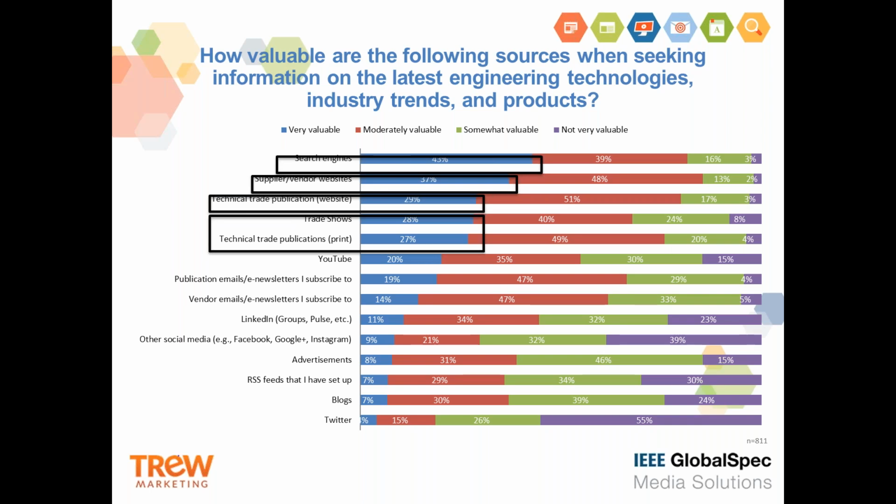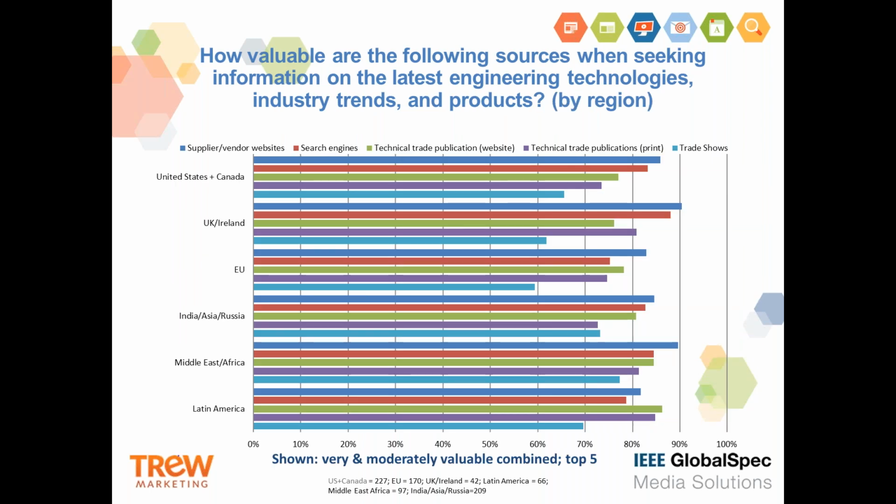And so I'd like to share some findings by geographic region where, again, just like the one before, the devil's in the details in terms of what's driving these preferences. And I think we'll see with the geographic data some really interesting differences that I think are driving some of these findings at the macro level. So let's look at the geographic data for this question. While most regions followed the macro trends for the most valued content sources, Latin America showed some really interesting differences, as well as the EU and UK and Ireland.